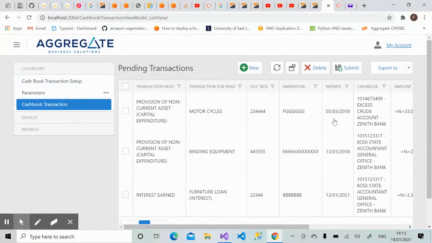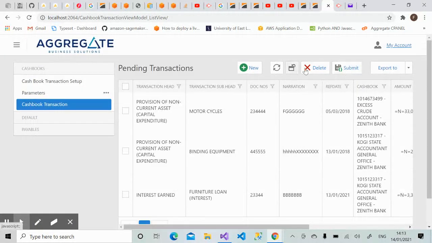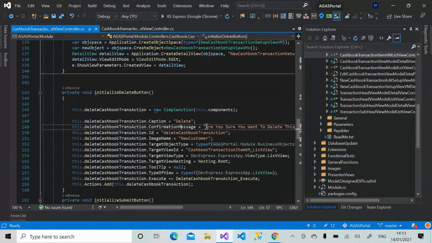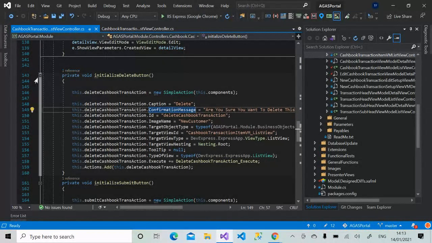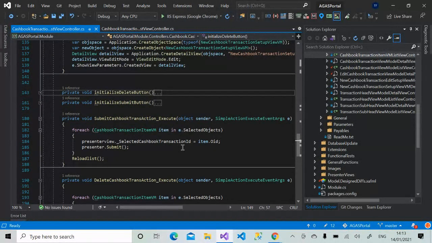So we have those images now. So the next thing is just to implement the delete and the submit. So we come here, and I think the code is already there based on what we did in the former one, but we need to tweak this one now a little bit in the sense that